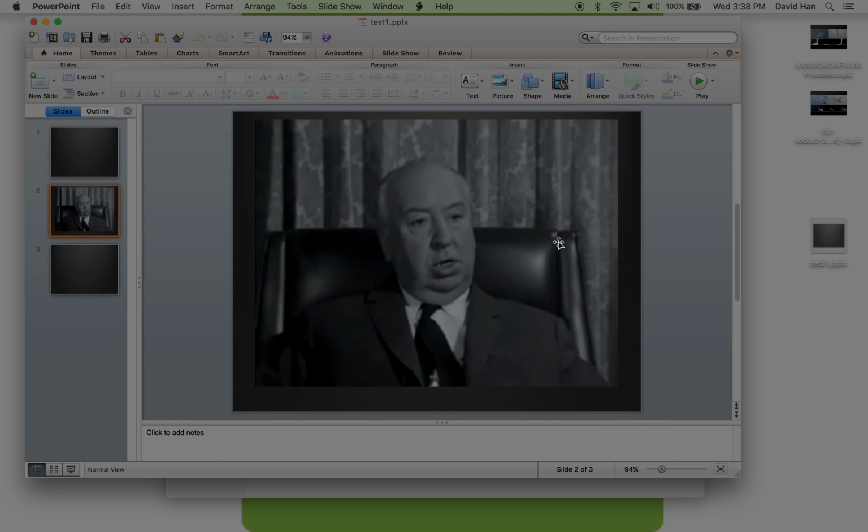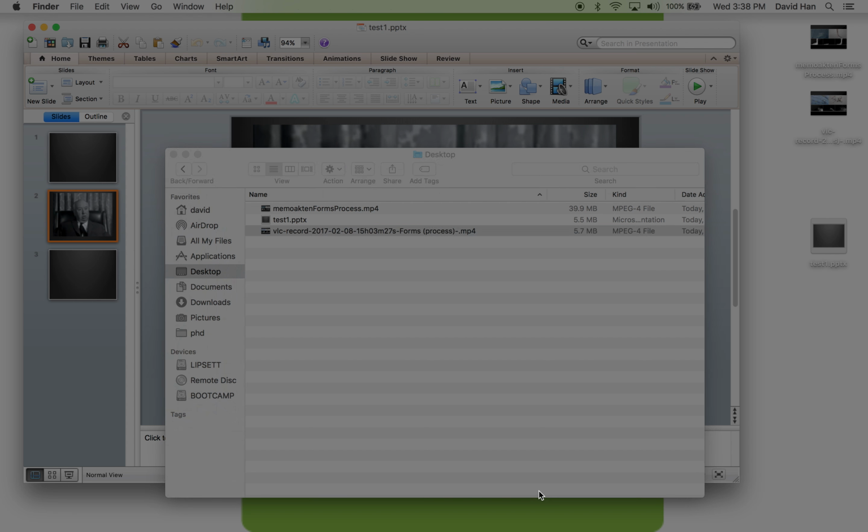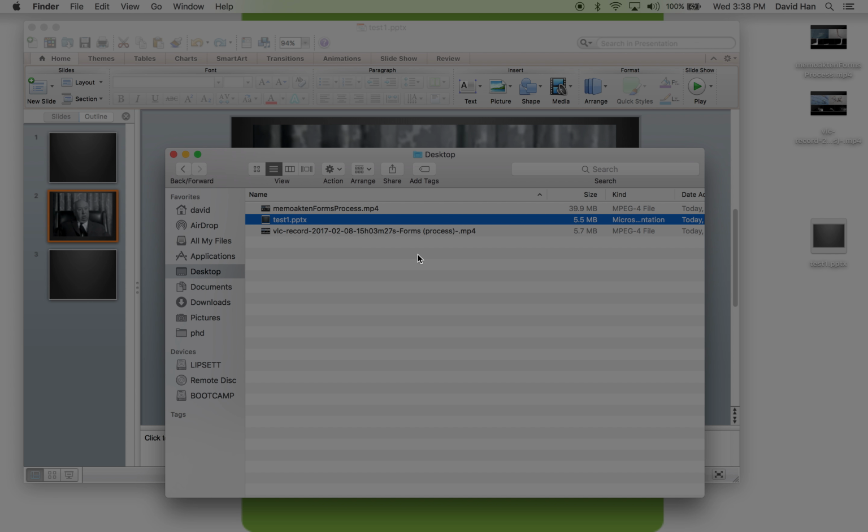And that's sort of important because depending on how you work in your drive space situation, and how big your video files are, and how many files you have, this PowerPoint presentation can become very, very large. You can imagine if you had 20 clips and they were all 100 megs each, this is going to be a very large file. So if you'd rather just have the PowerPoint presentation link to the video file rather than duplicate it,